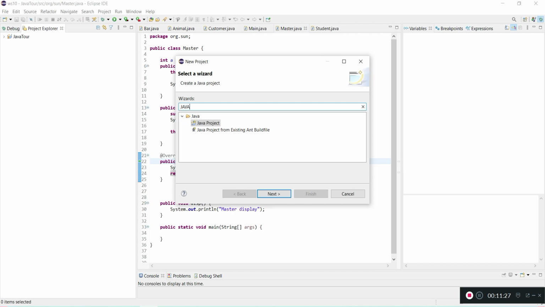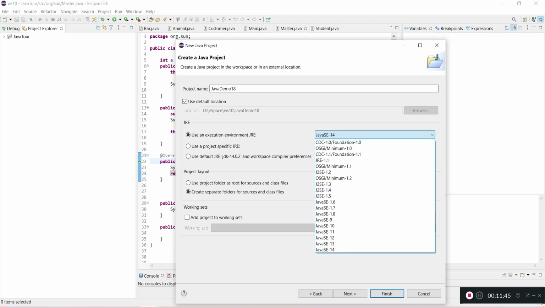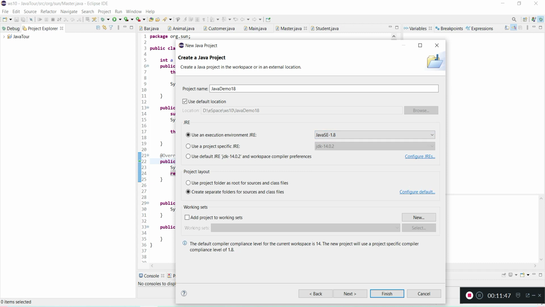So here Java project selected and click next. Let me give Java demo 1.8. So we are giving JDK 1.8. So select here JDK 1.8, Java SE 1.8. Yeah, use executable execution environment JRE. I am choosing Java SE 1.8 and click next